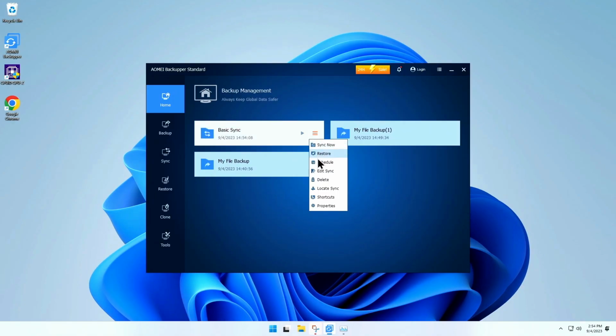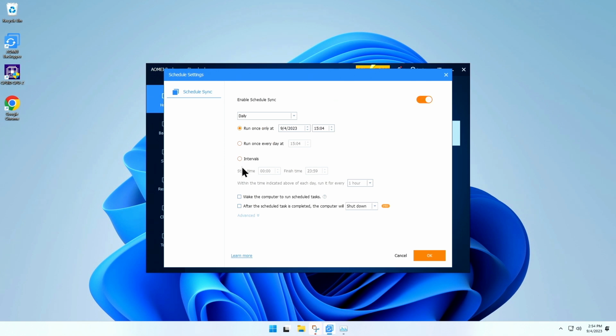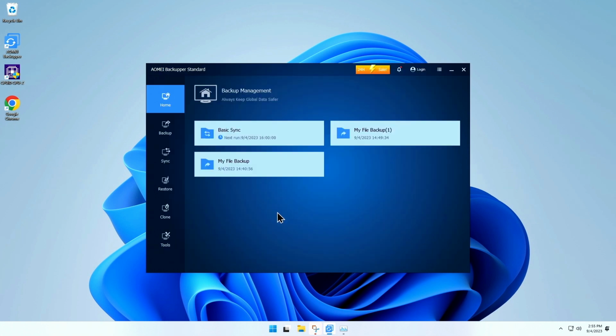The file sync, we can schedule. Enable scheduled sync, and for this one we're going to say intervals, and this is going to be every day. Start time is 00, so midnight, and finish time is 23:59. Within the time above of each day, run it for every, we're going to say 4 hours. We'll say wake the computer to run the task. And after the scheduled task is completed, we're going to leave that alone because that's a Pro option only. So if we do this, then every 4 hours,